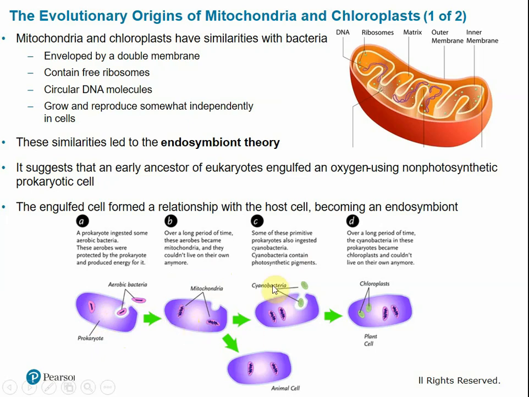And then this process happened again, but with a photosynthetic cyanobacteria. So now the cyanobacteria endosymbiont is going to produce sugar for the larger cell. So this is where we had the evolution of plant cells. So there've been some recent studies suggesting that maybe this has happened again with some other organelles, like the